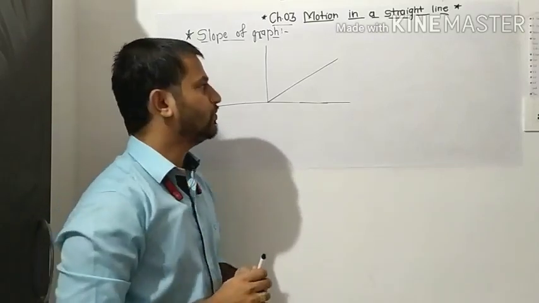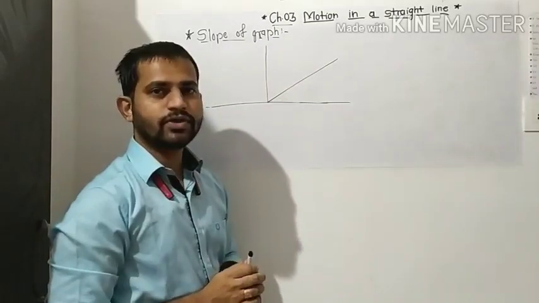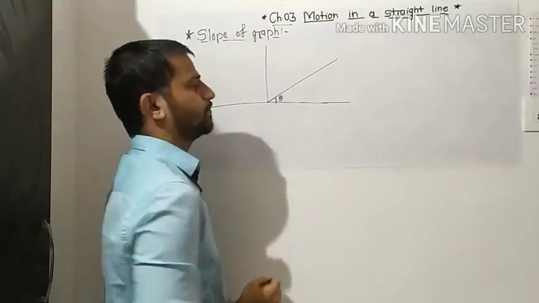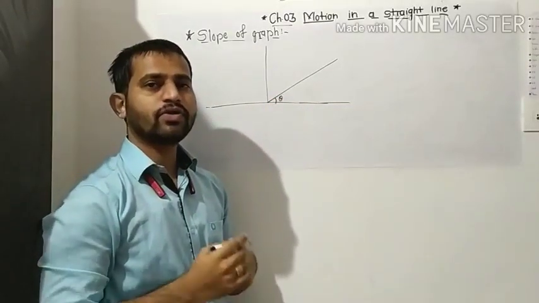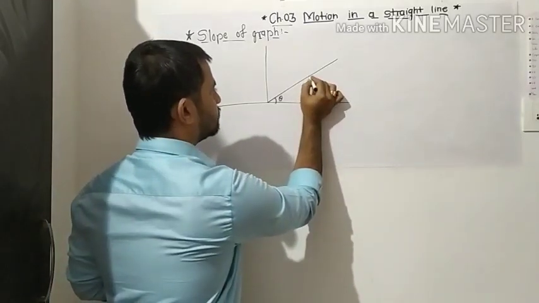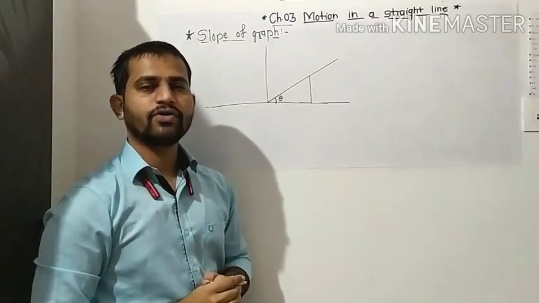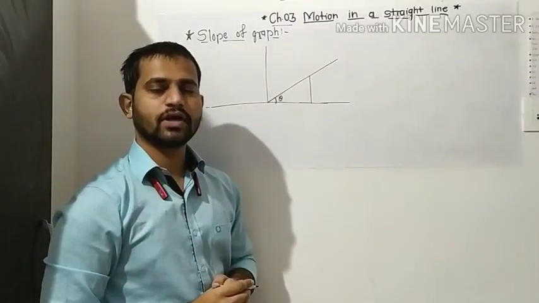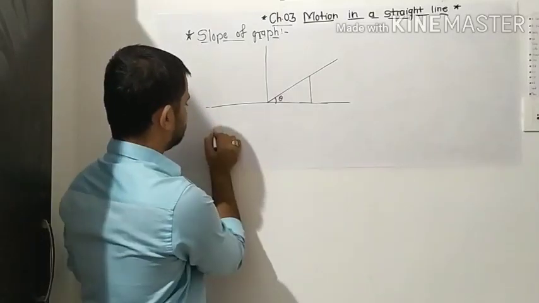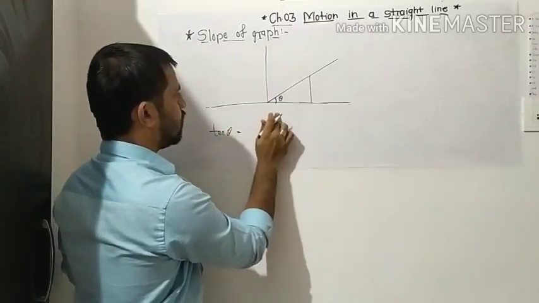To find the angle of this inclined line with respect to the horizontal, suppose here is the angle theta, and suppose we draw one vertical line from this. Then, according to our geometrical relationships, tan of theta is equal to opposite